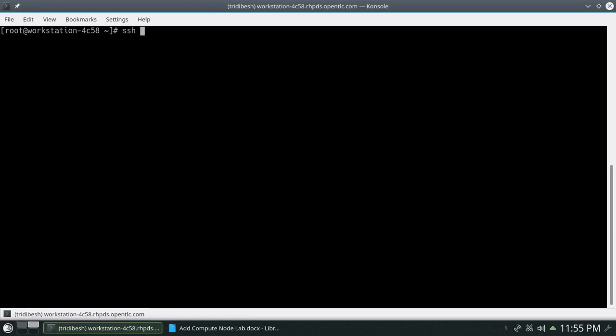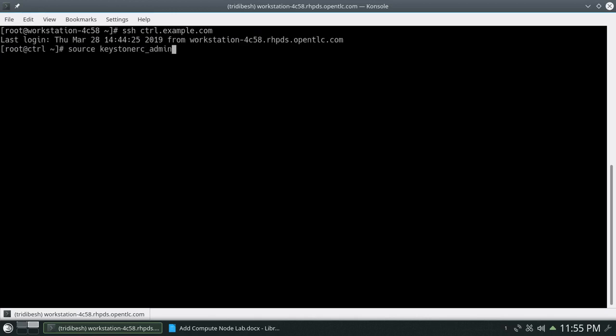Let's log into our controller node to verify what hypervisor or compute node we have. Let's log in here and source our keystone file. Then run openstack hypervisor list.